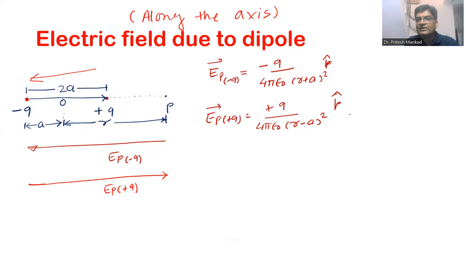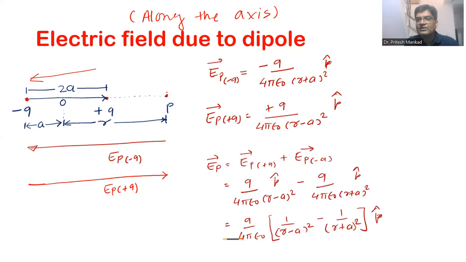Now, as per the superposition theorem, the electric field at point P is the vector sum of these two fields. We can find the vector sum as EP because of plus Q plus EP because of minus Q. So it is going to be Q over 4 pi epsilon 0 into bracket 1 upon (r minus a) square minus 1 upon (r plus a) square. Right? So if you manipulate it,